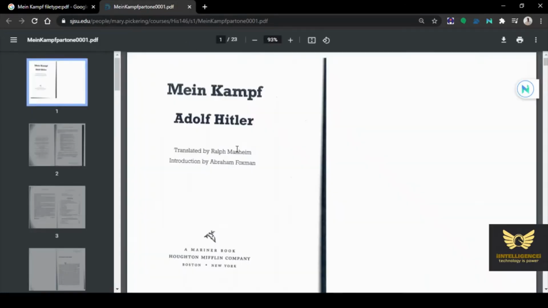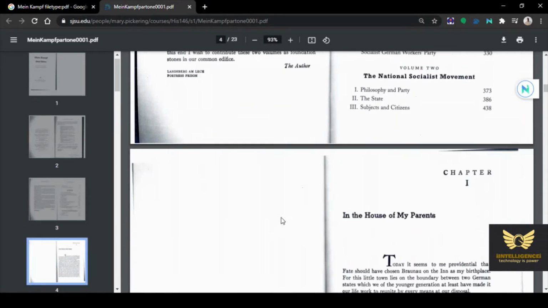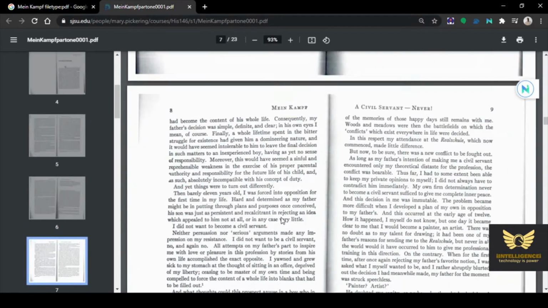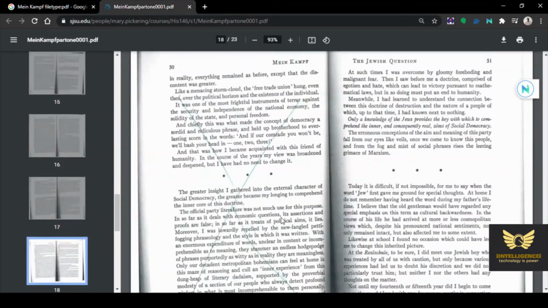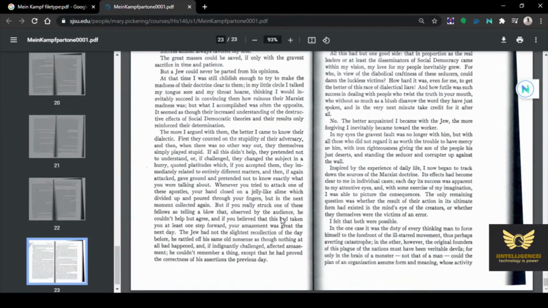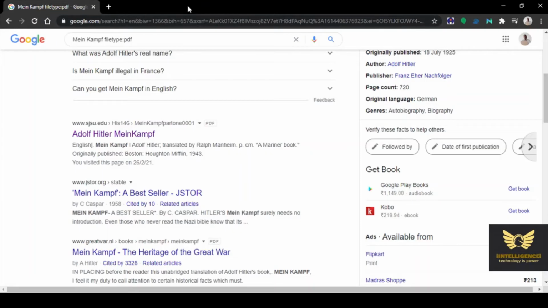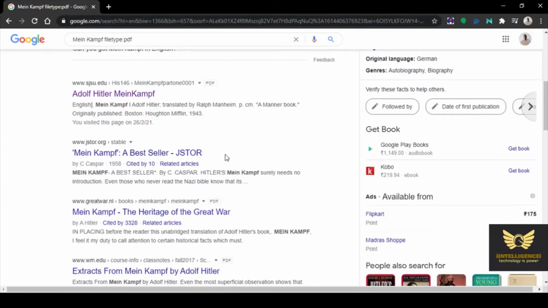Once you streamline the search, you can easily find out what you need. See here, it is 23 pages. Okay, it's a scanned book actually. I'm just moving back, closing up.